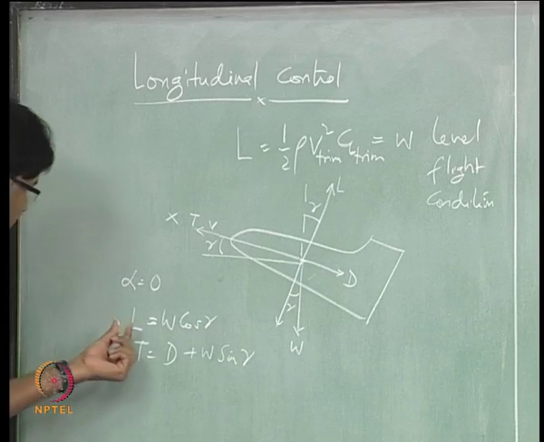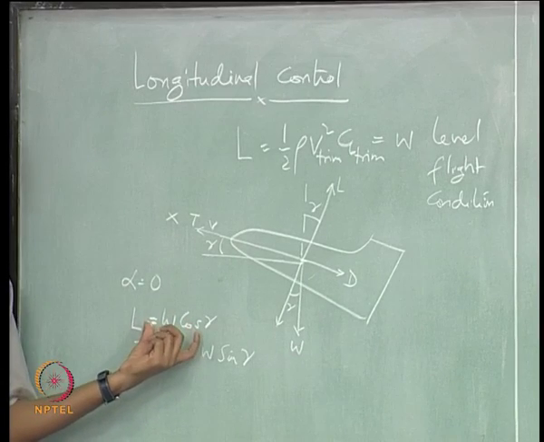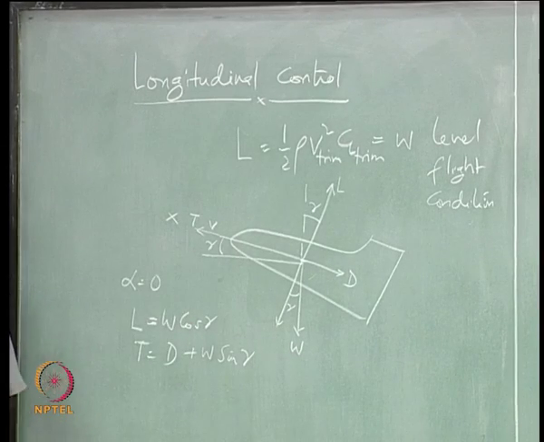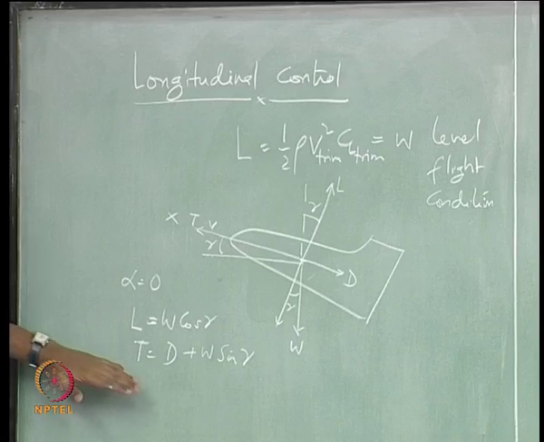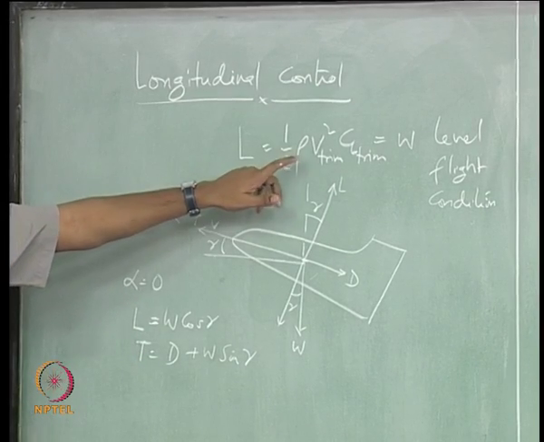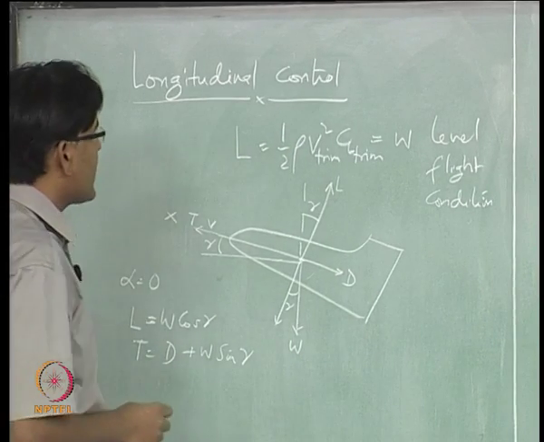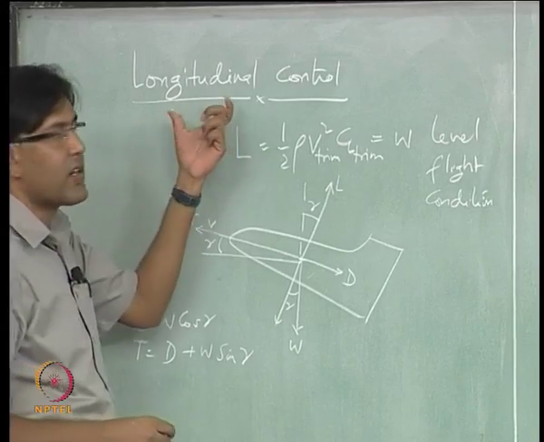I have to balance this lift. This lift has to be at least equal to this, right, to fly this condition. Now one case of this is when gamma is 0, a straight and level flight condition. Okay, so what I am saying is longitudinal control is required